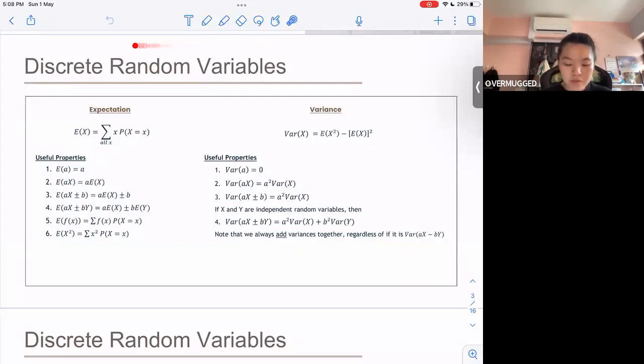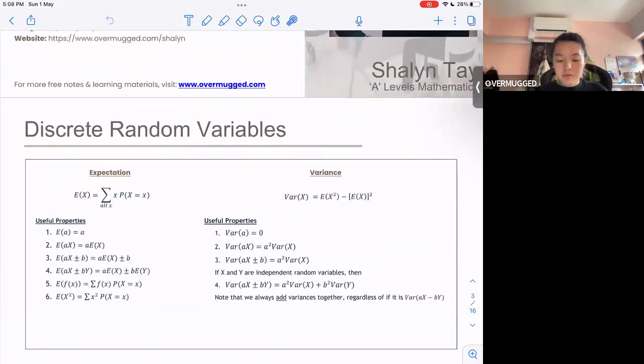We'll start with discrete random variables, okay? Some schools teach this together with binomial distribution. So if you find this a bit new, that's because your school probably taught this packed together with the binomial distribution chapter. But what are discrete random variables? Before we even go into that, another type of random variable is the continuous random variable, right? What are those two? You should know what a random variable is.